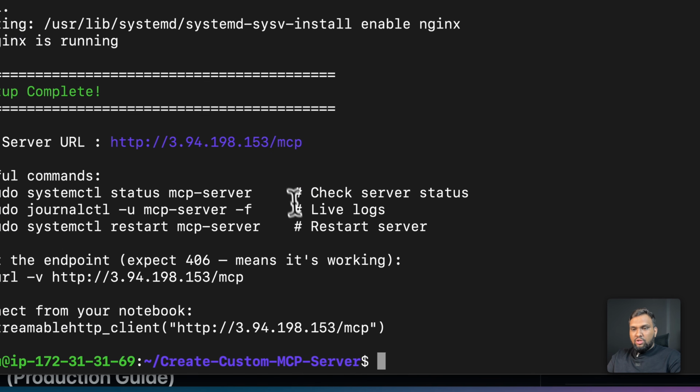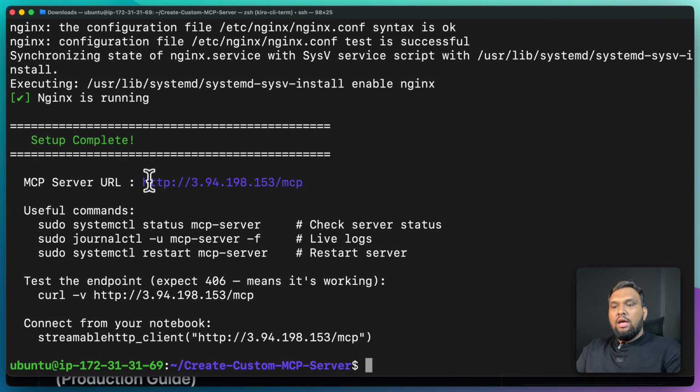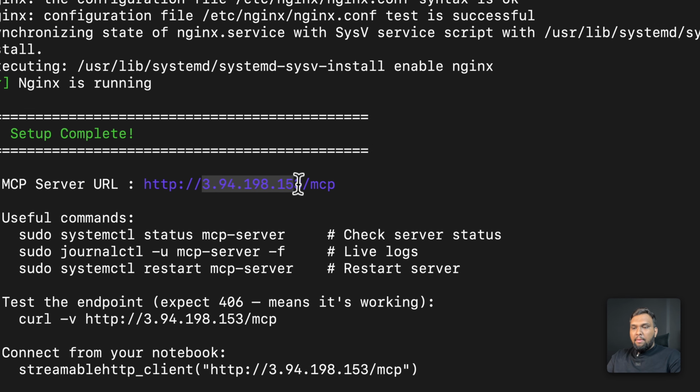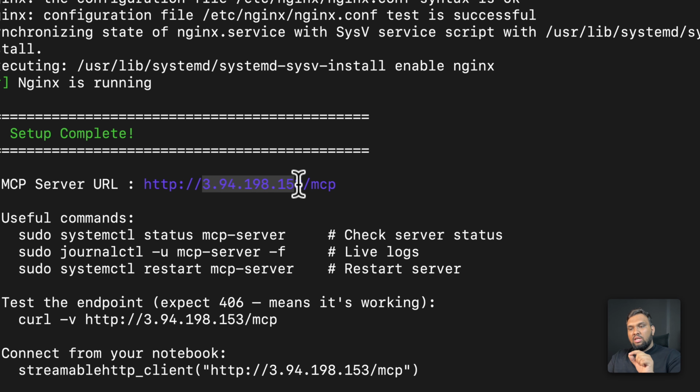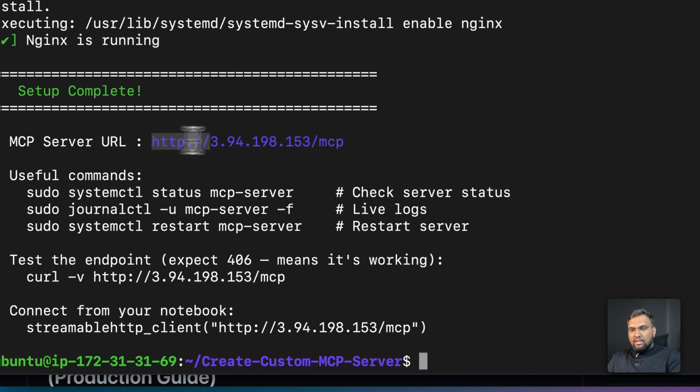So if you come back to the server, if you see here, it has also given you the MCP server URL. MCP server URL is nothing but http:// the public IP of your EC2 instance and /mcp. Okay, so you need to use this on the client in order to connect. Okay, so let's just try this. Let's copy this